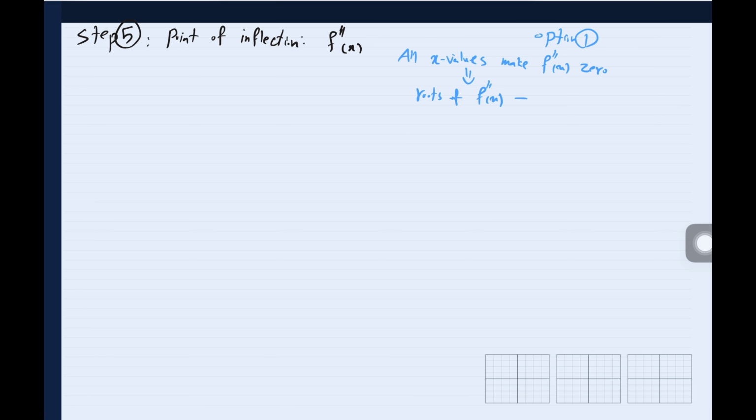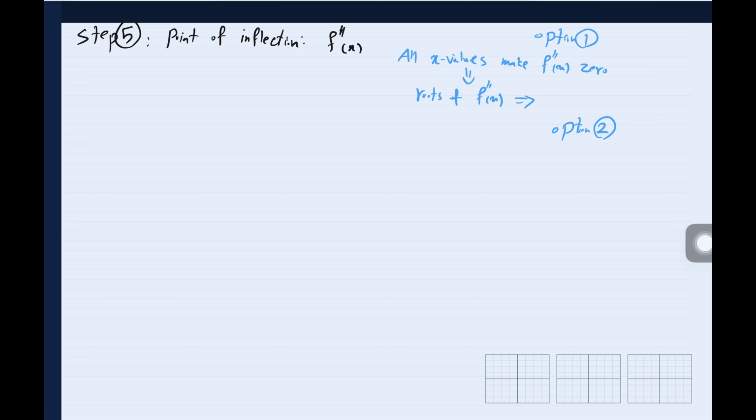Those could be our points of inflection if the sign of the concavity of the function before and after that is changed. So this is option 1, and then option 2